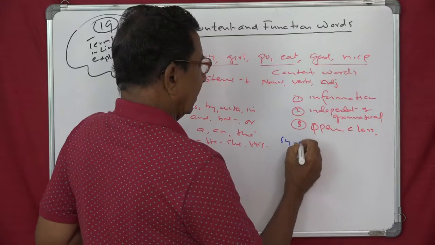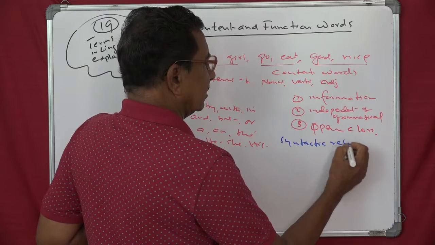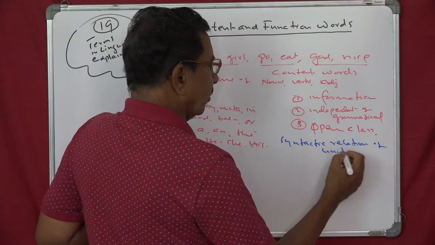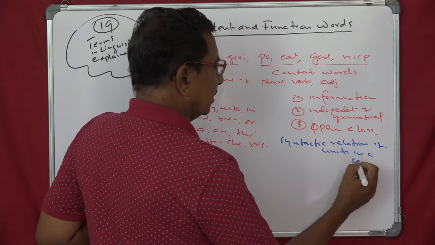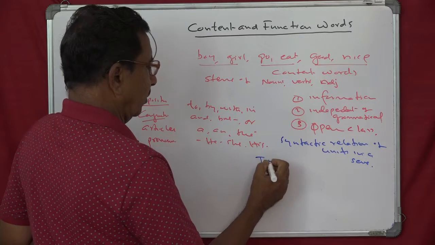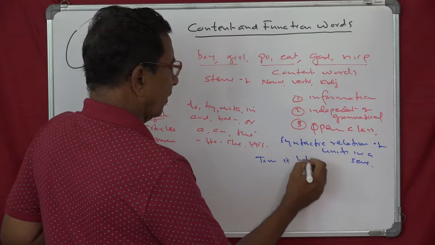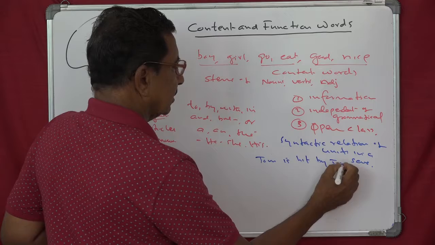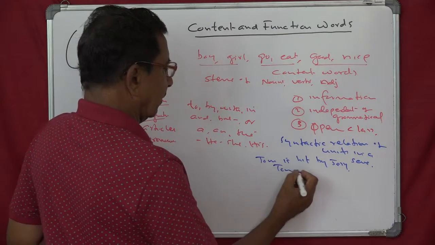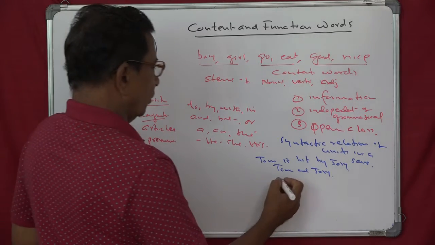Syntactic means of syntax. Syntactic relations of units in a sentence. As you can see, Tom is hit by Jerry. See that? Syntactic relation. Then Tom and Jerry. Then you have got Tom saw